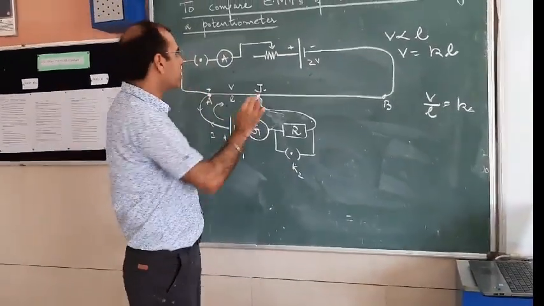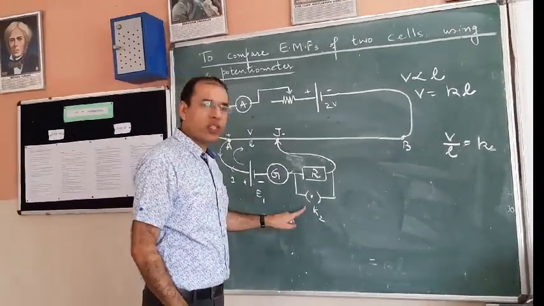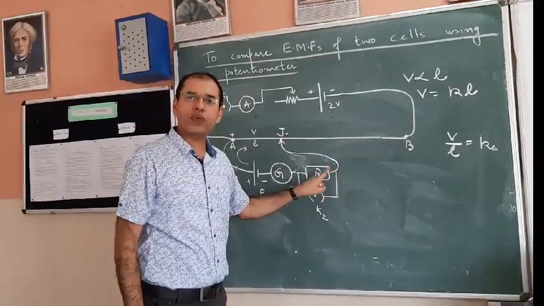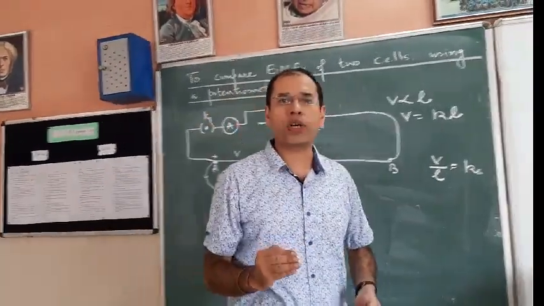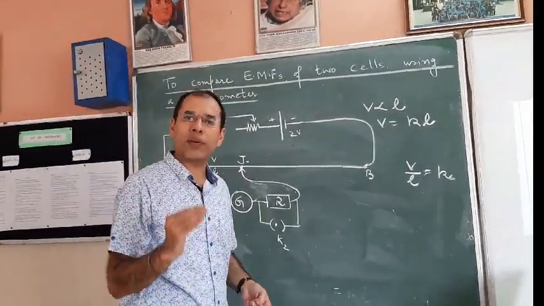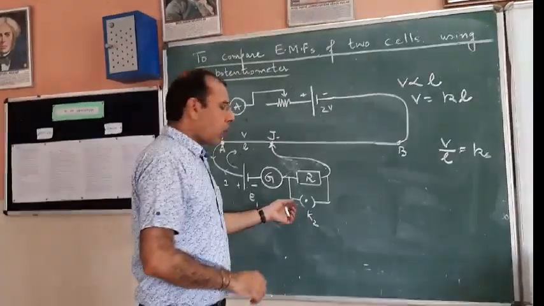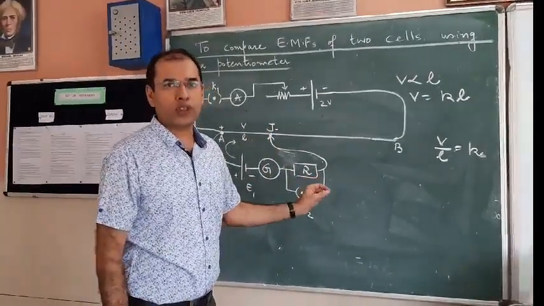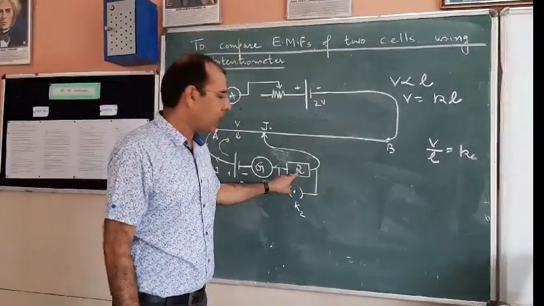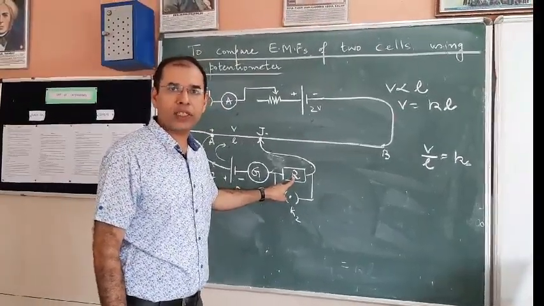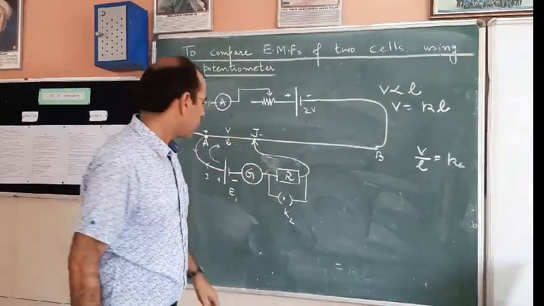So we have two keys in this circuit. One is K1, the other is K2. K2 will allow the current to pass without going through the resistance box, so we are going to bypass the resistance box. And when this resistance box is bypassed, it plays no role. So the final null point has to be measured after inserting the key K2, and the resistance box will not be playing the role, and the potentiometer will become sensitive.